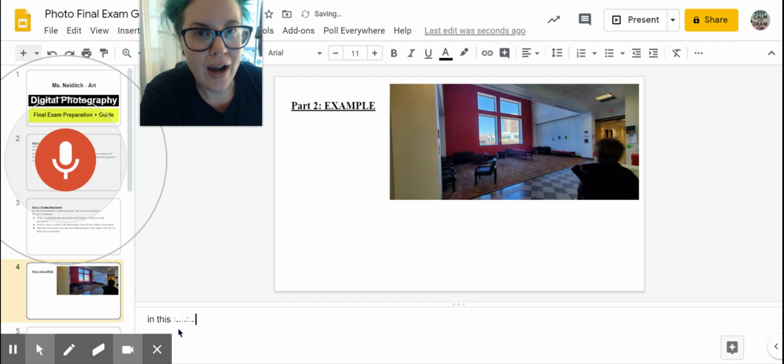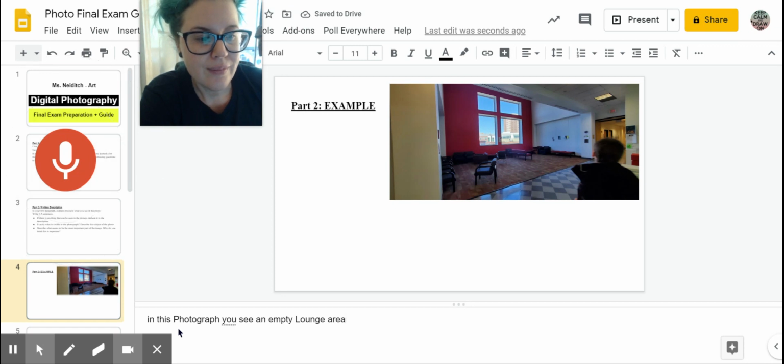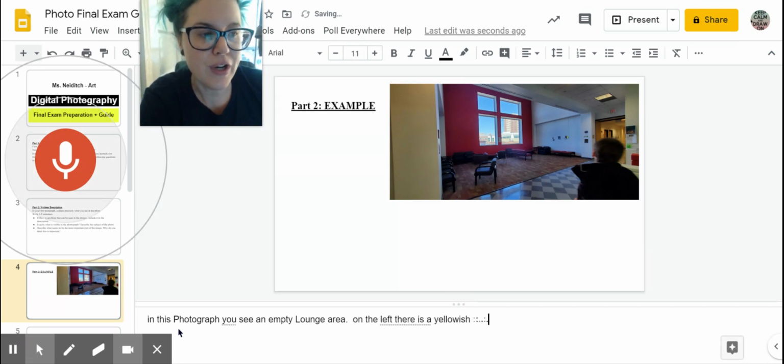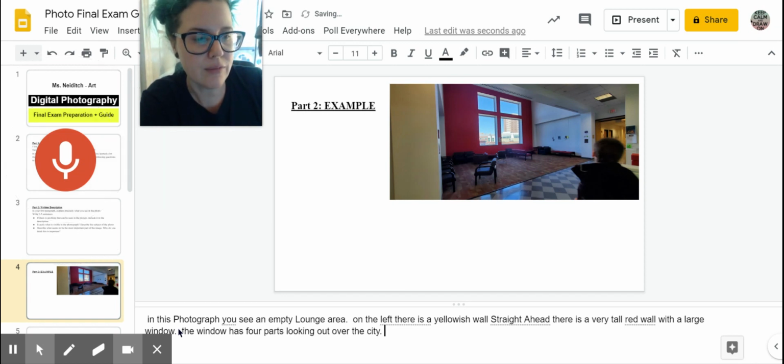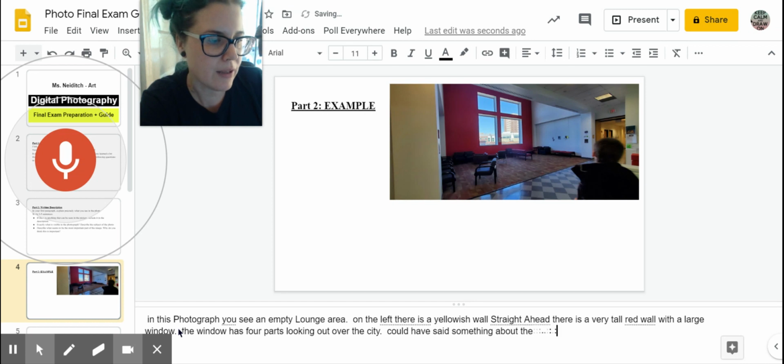In this photograph, you see an empty lounge area. On the left, there is a yellowish wall. Straight ahead, there is a very tall red wall with a large window. The window has 4 parts looking out over the city. I could have said something about the glass panels, but